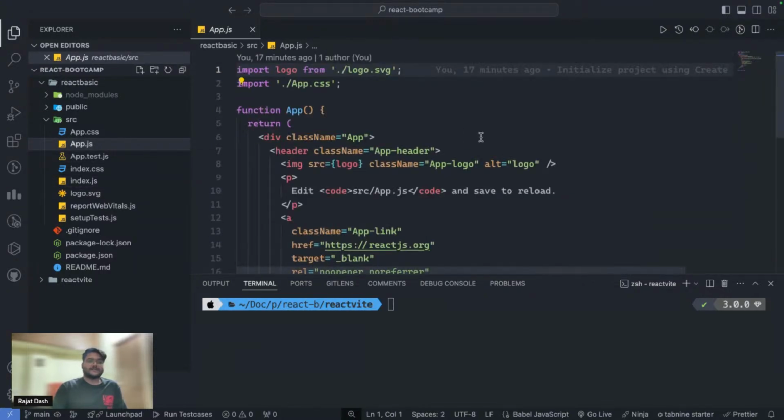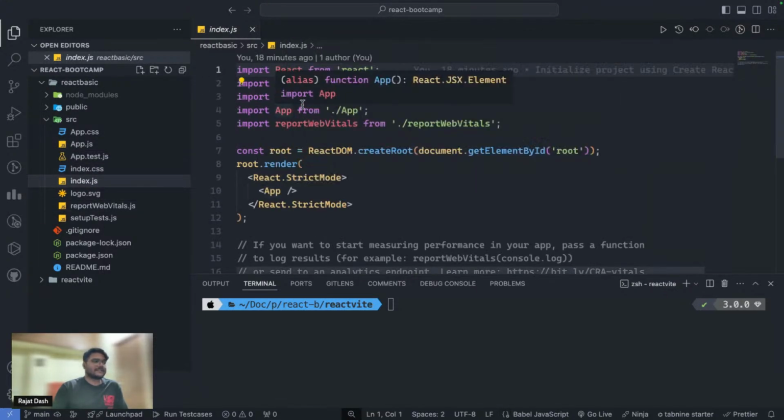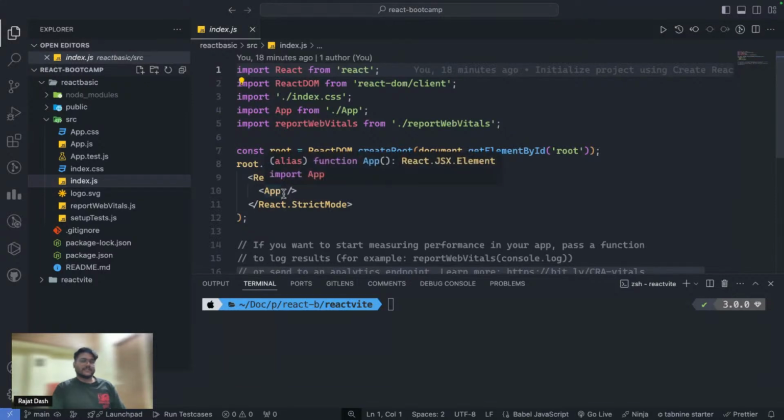App.js is your component. In the previous session I told you about one concept called a component. So this is a component, right? And you can see this component is being imported here and being used like an HTML tag. Can you see it is being used as an HTML tag? So this is called JSX, JavaScript XML.